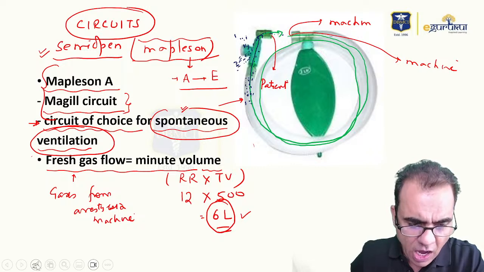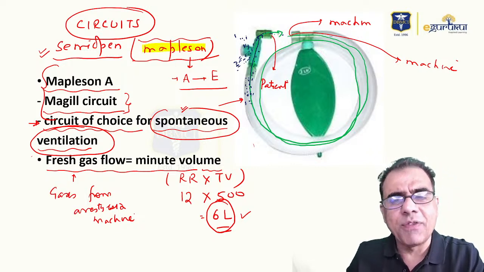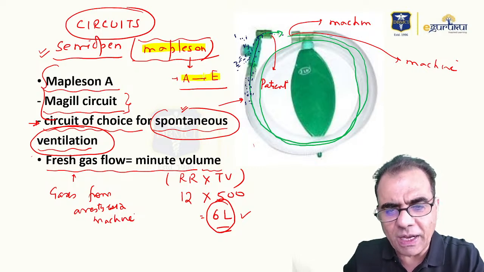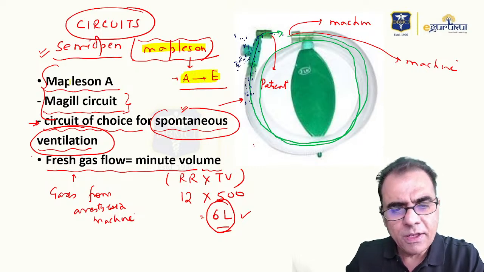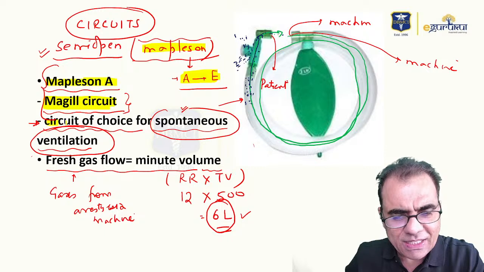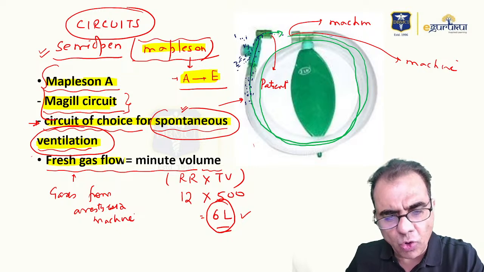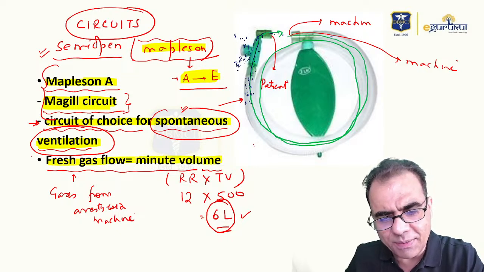So they are also called Mapleson circuits, and Mapleson classified these circuits from A to E. So Mapleson A is also called McGill circuit, and it is the circuit of choice for a spontaneously breathing patient. And fresh gas flow you have to keep from the anesthesia machine should be equal to the minute volume of